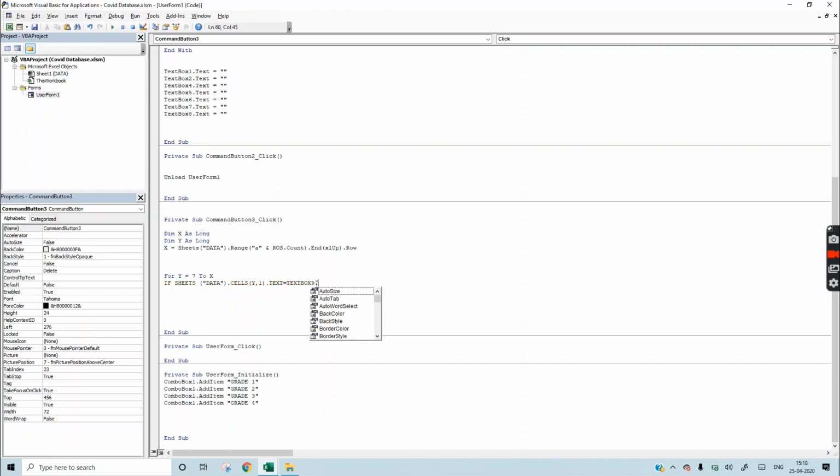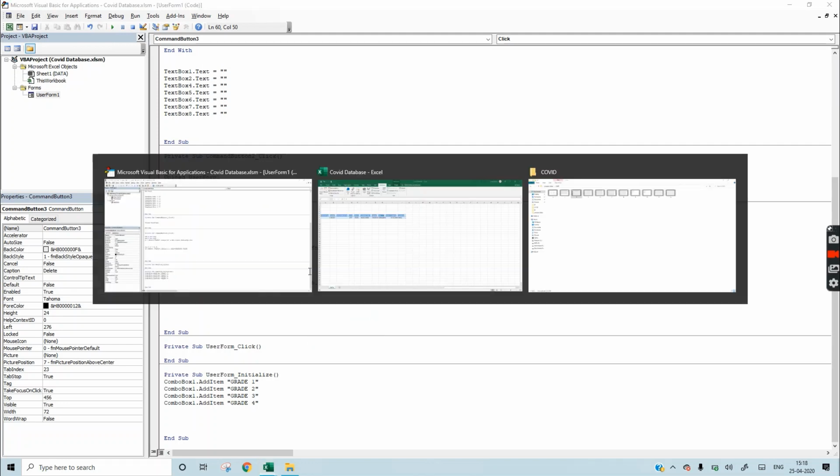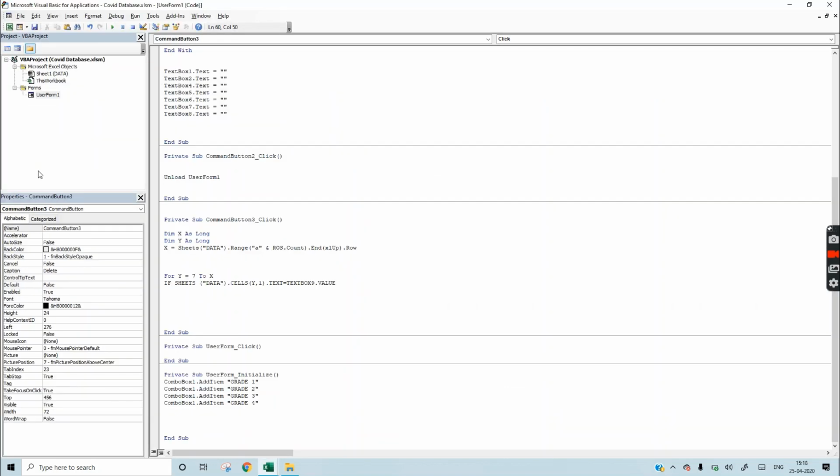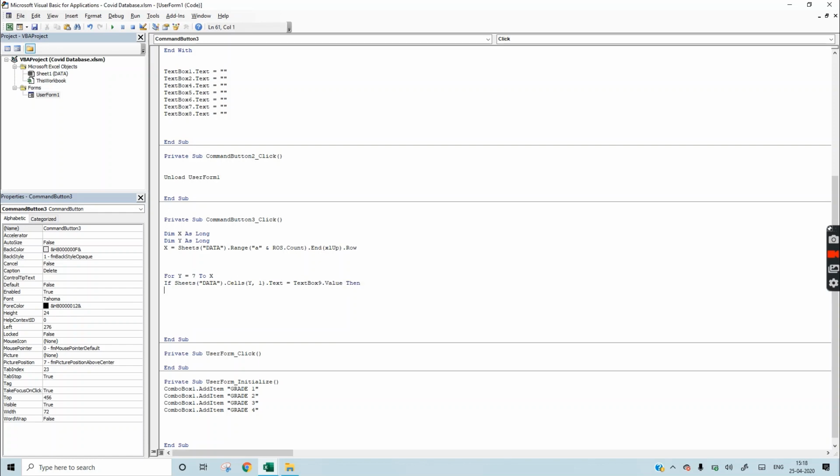Text box 9 dot value. So it is saying that whenever the text box 9 value is there, if the Excel also has the related value in this row, then it will delete it. Then rows y dot delete.